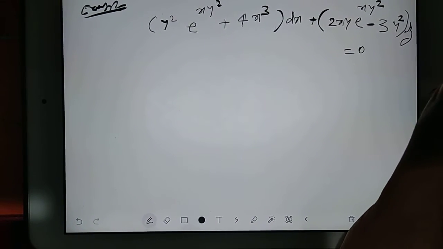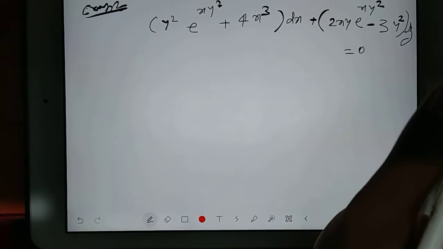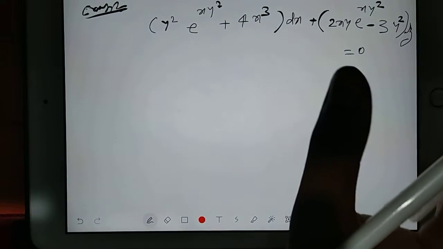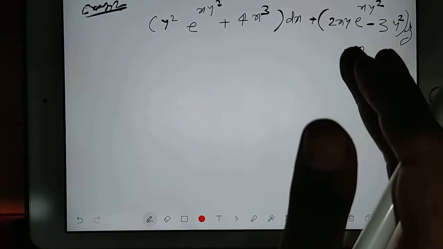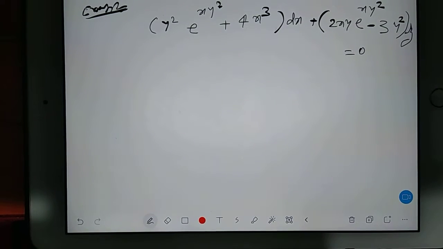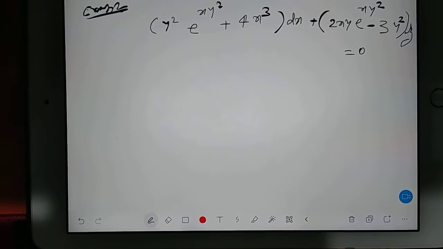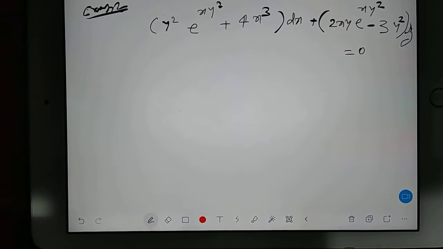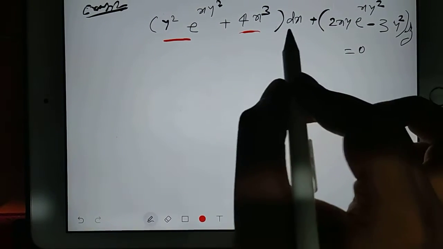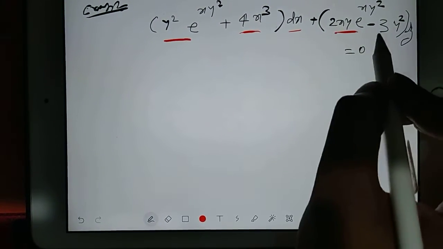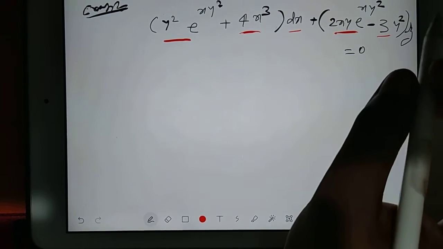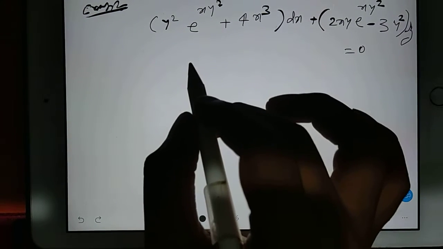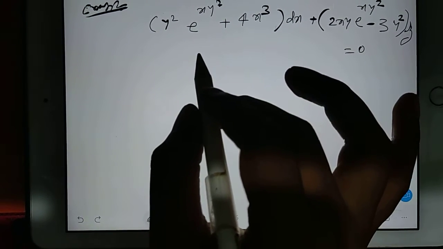Now in this equation, as I said, whenever a question comes, first try to solve it by the variable separable method, which is not possible here. After that you have several approaches. If the dy by dx term looks together, there is a chance it is going to be Leibniz form. If not, and the format is written where x and y are in one bracket with dx, and then again x and y in another bracket with dy, there is a chance this question is going to give you a clue of an exact differential equation.